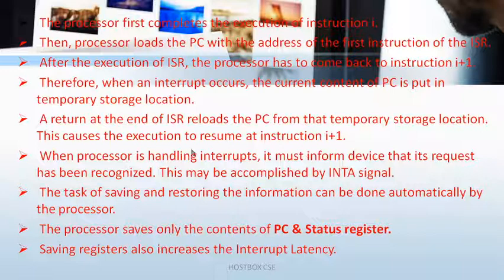Let's go for another example. Suppose you are working with a PC, and you are printing, and suddenly the power goes.